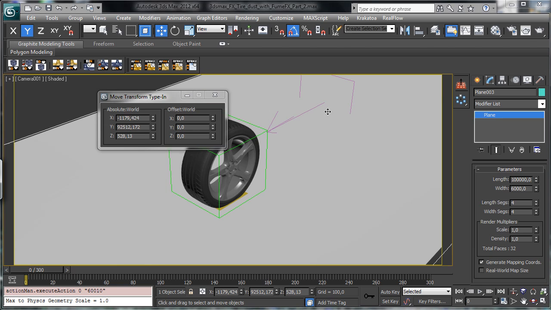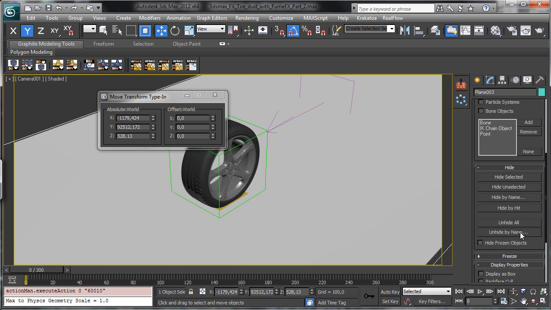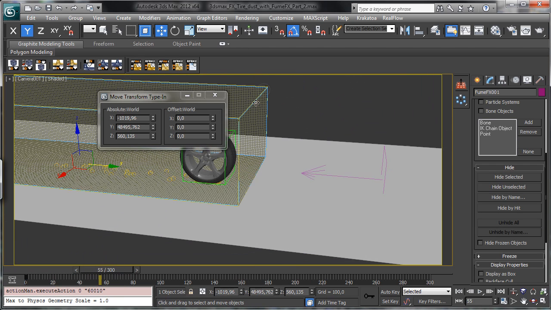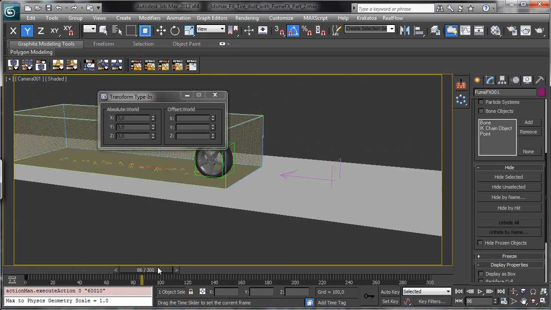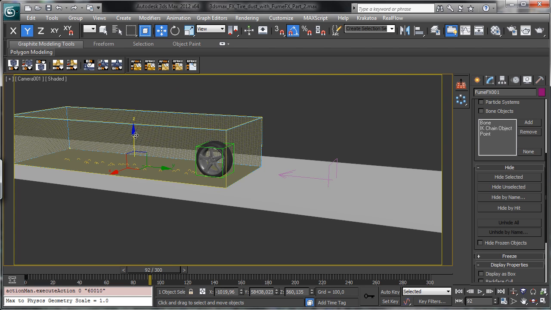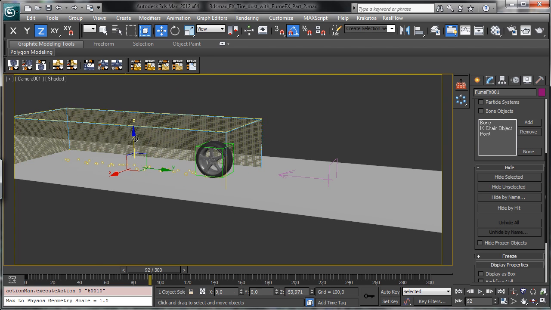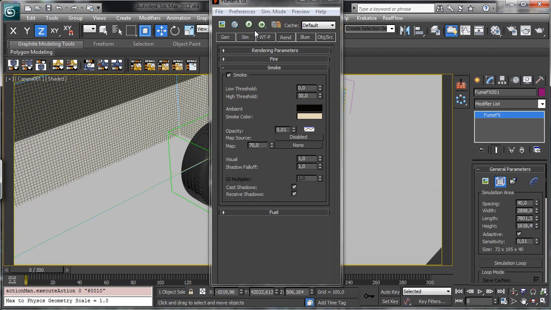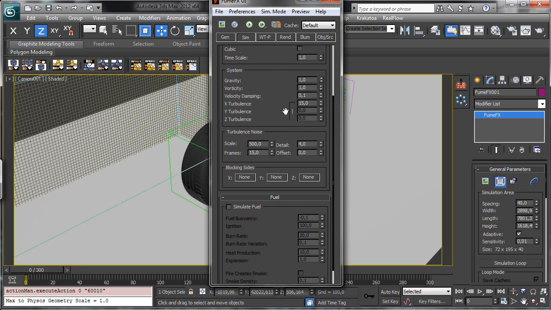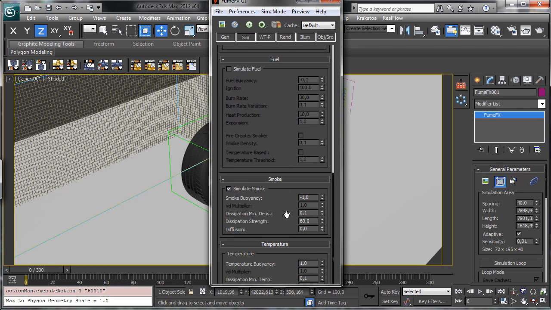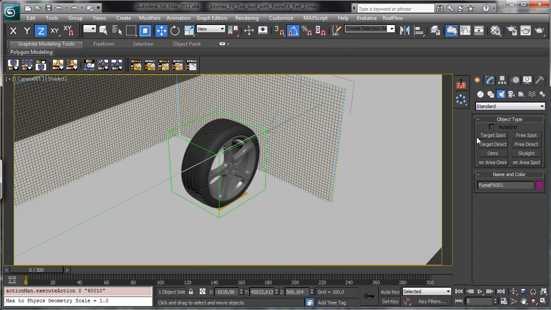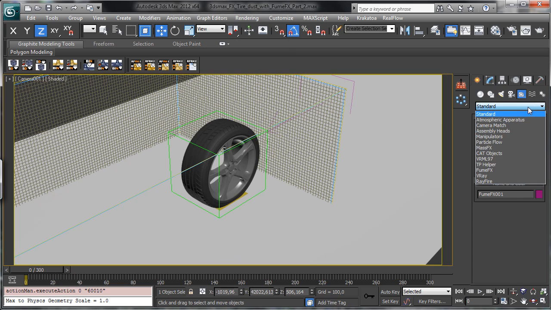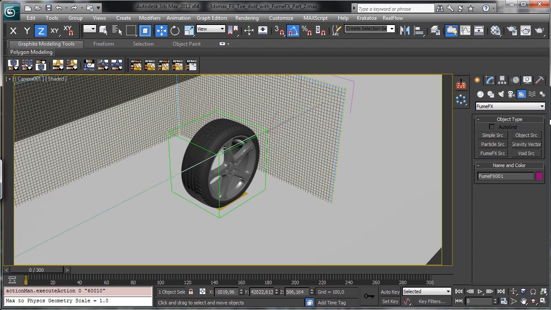Okay, so let's hide the FumeFX, and let's select it. Okay, I'd like to move it a little bit inside, so we have the right calculation, and we have to calculate it back, and this time I'd like to simulate with the, I'd like also to see if we use a gravity vector,